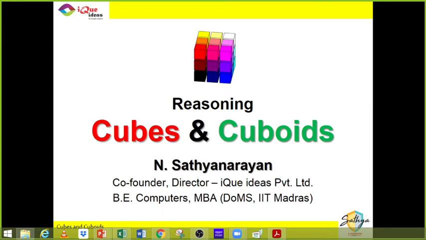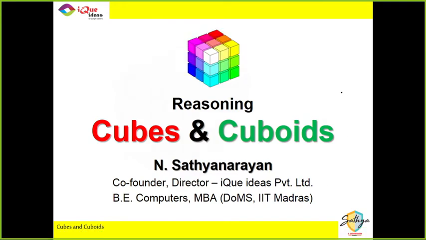And so the topic is cubes and cuboids, right? So let us understand exactly what is meant by cubes and cuboids and what are the types of questions that can be asked. It's not a huge chapter, there are very few examples. So we will solve a few examples, and pretty much we should be done with this session early today. So if everybody is ready, shall we start this session of cubes and cuboids? Excellent. So guys, cubes and cuboids.